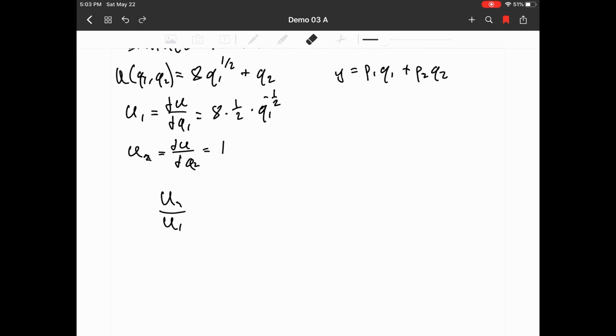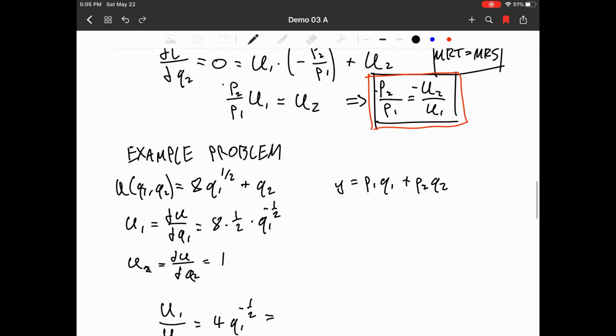So I'm actually going to rewrite this, it's going to turn out to be a little easier here. I'm going to rewrite this as 1 on top and 2 on bottom, which means because the derivative of the second argument is just 1, all we're left with is just 8 times 1/2, which just gives us 4, times Q1 to the negative 1/2,